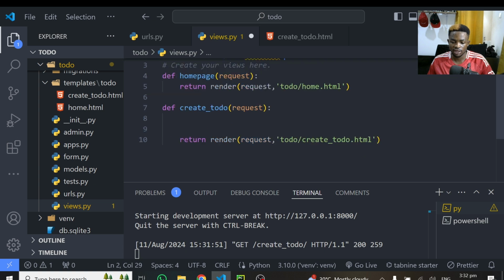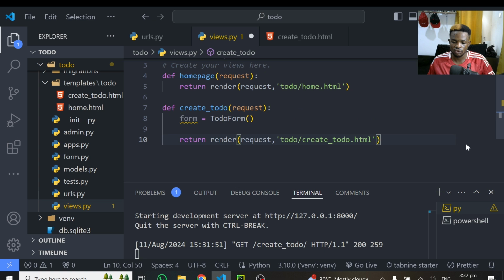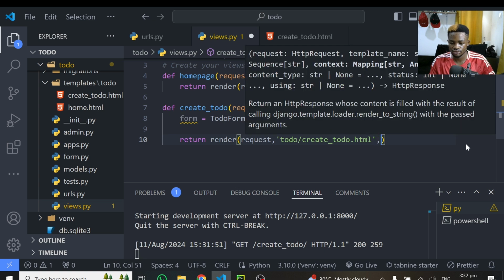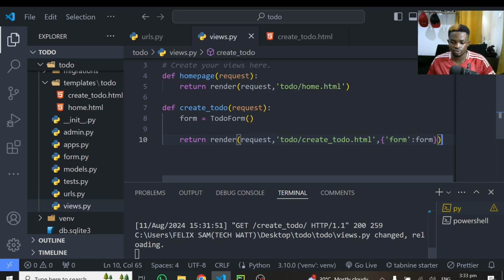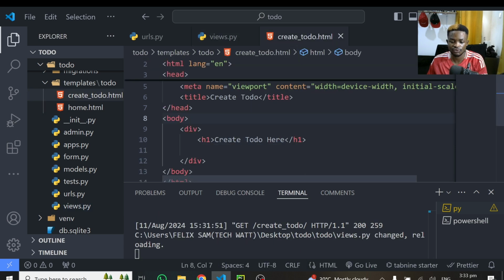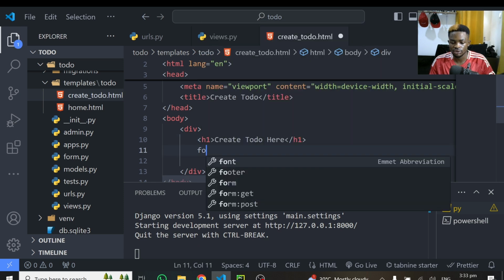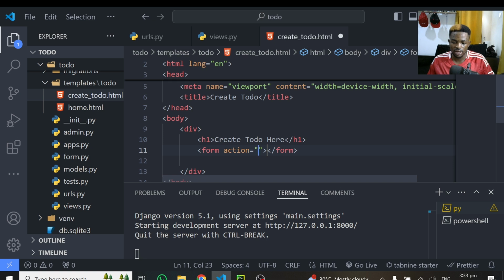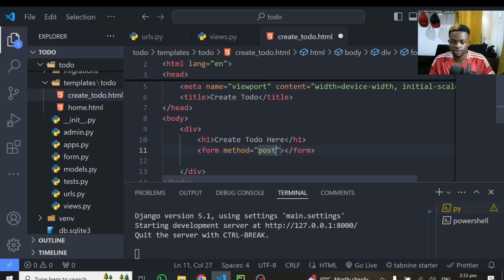All right, so over here I'll instantiate that form. I'll call it form, and this will be equal to our ToDoForm. So now I have this form here, and I can send it as a context to my HTML and then render it. So I can do a dictionary here, which I'll say form, and I can now go back to my HTML and have access to that form and render it. So for that, I'll have to create a form in my HTML file, which I'll also call form. Okay, I don't need the action. All I need is the method, and the method here will be post,